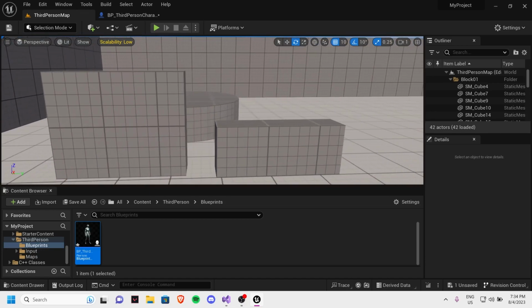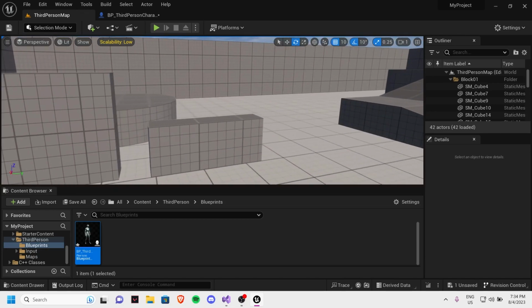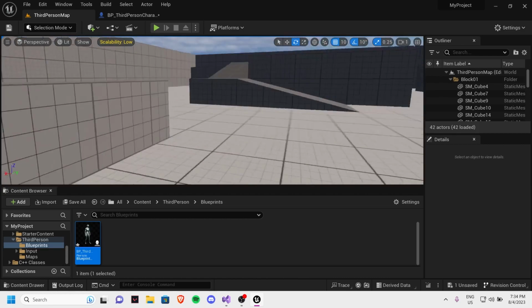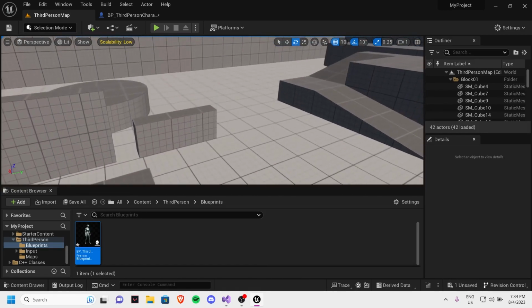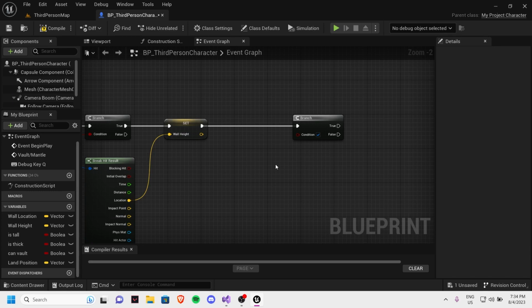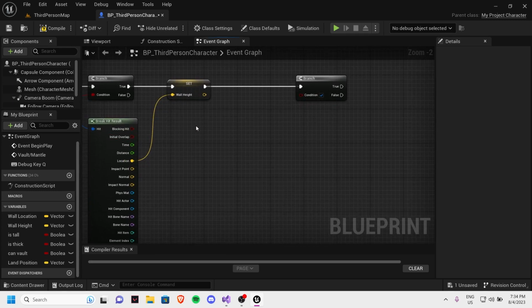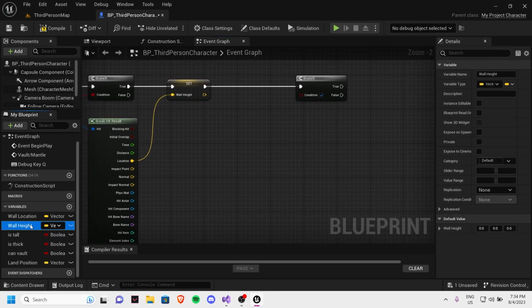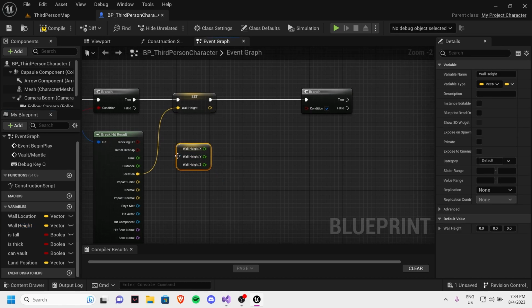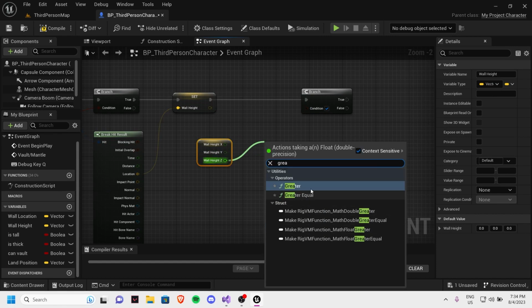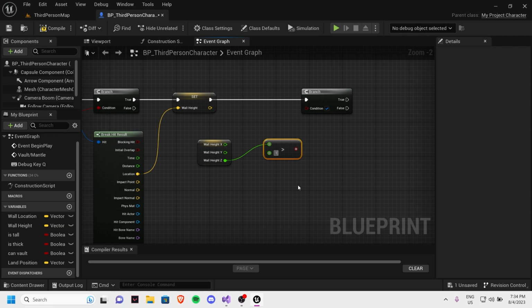I want the maximum height for the vaulting to be slightly above this smaller wall. So I actually calculated it to be 130, the height of the wall. So let's get wall height, right click, split structure pin. So if the wall height is greater than 130,